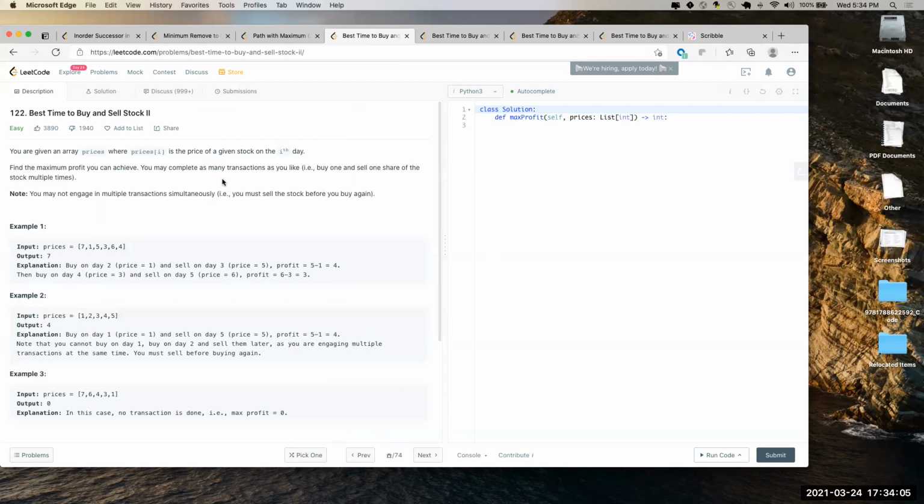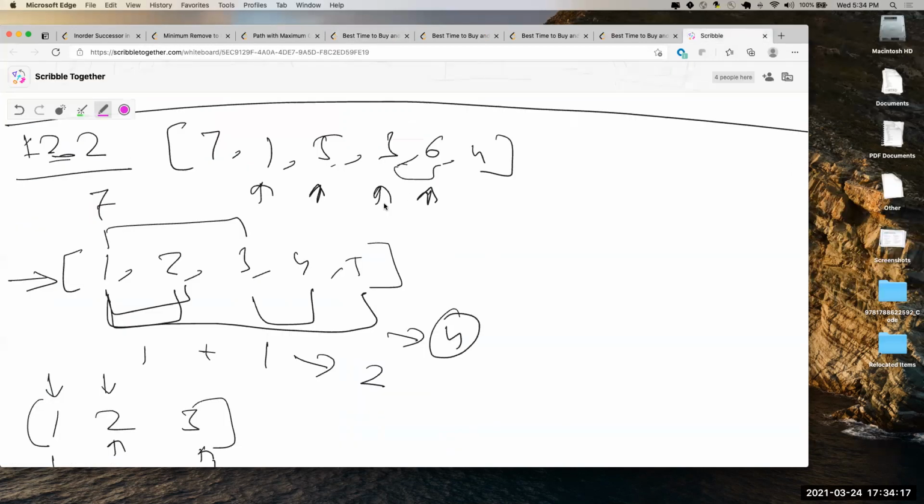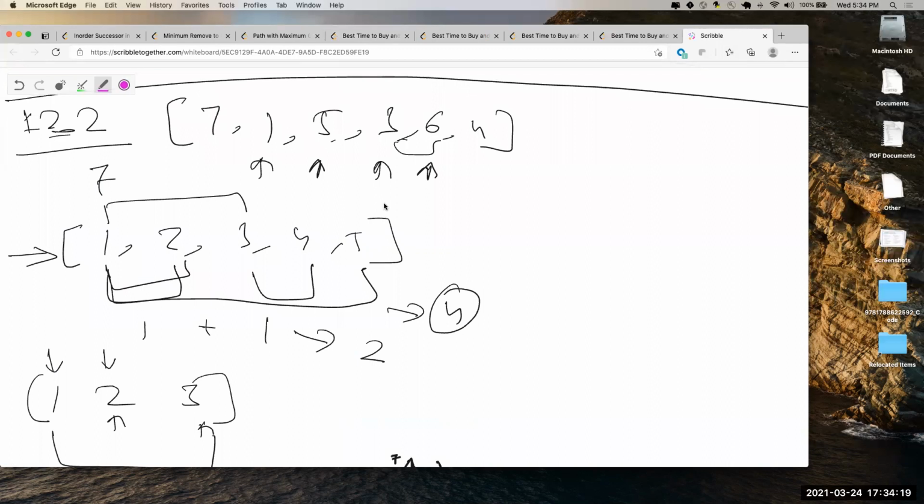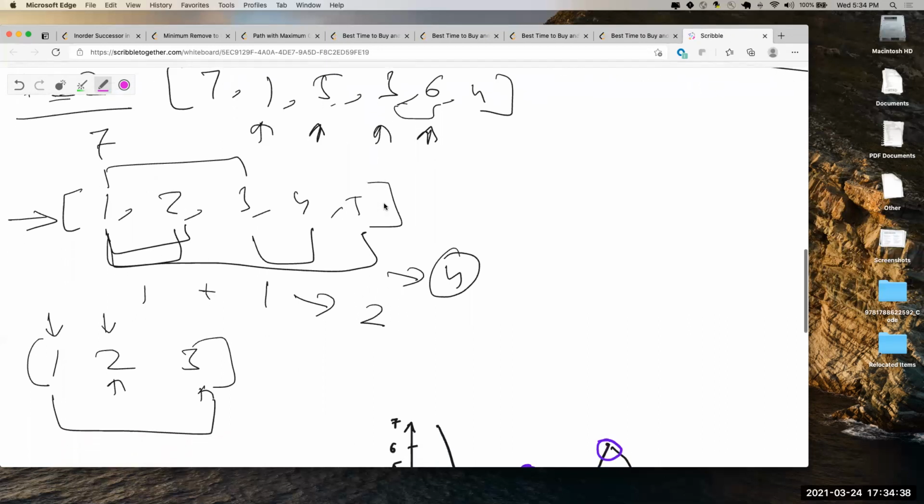Let's go back to your example, Ankur. Scribble. Okay, I got your question. So you're saying if in the end I buy at a higher price, and never find a lower price after that, what do we do? Then you don't make any profit, right? You never find a higher price after that. Yeah, so we didn't make any profit. But then you can still make profit from the intervening days. So you can say the answer is 0.